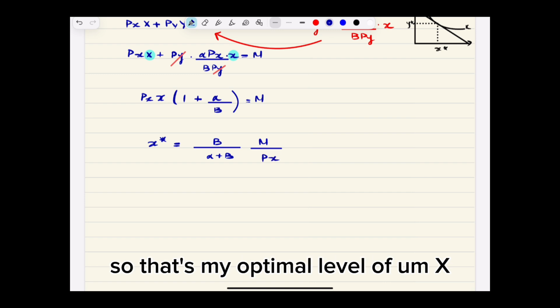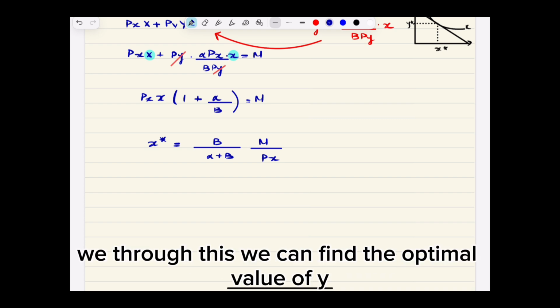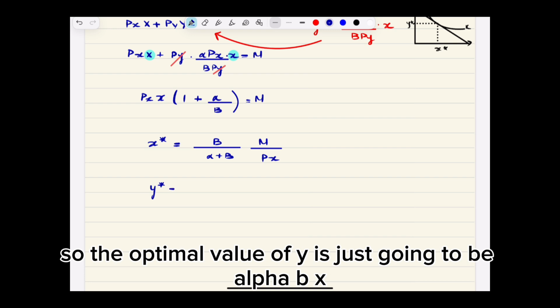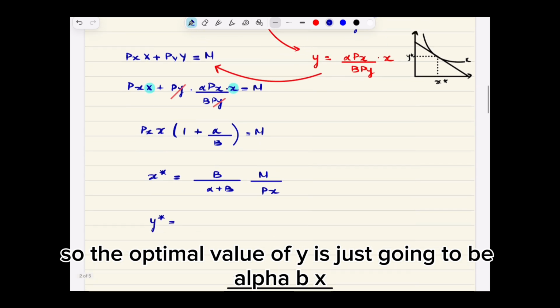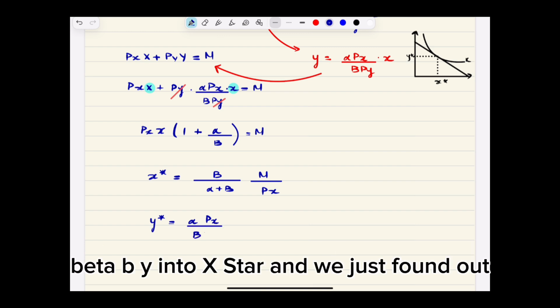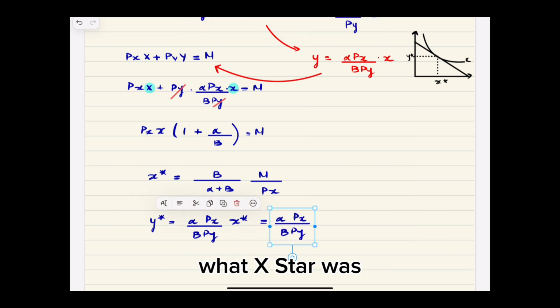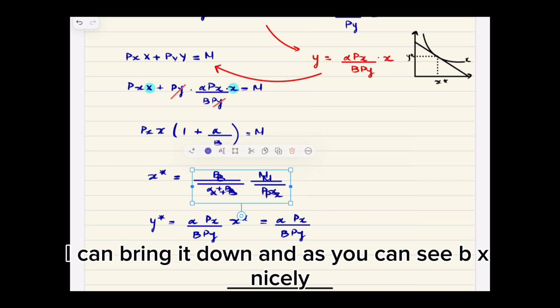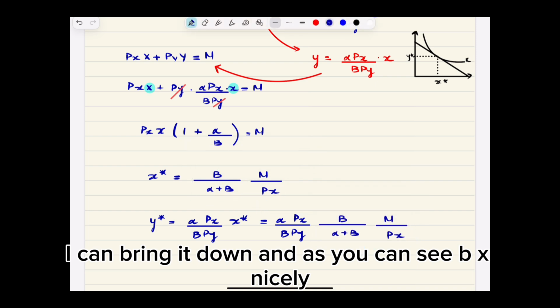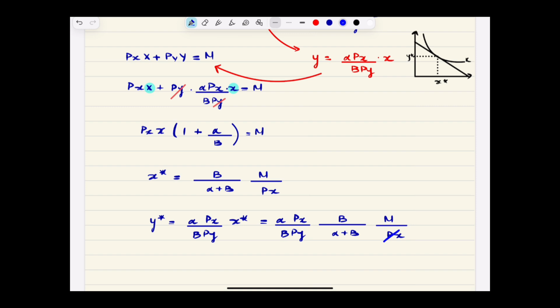So that's my optimal level of x, and therefore through this we can find the optimal value of y. So the optimal value of y is just going to be alpha px beta py into x star, and we just found out what x star was. I can bring it down, and as you can see, px nicely gets eliminated, beta goes away,